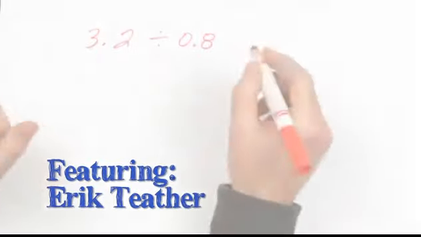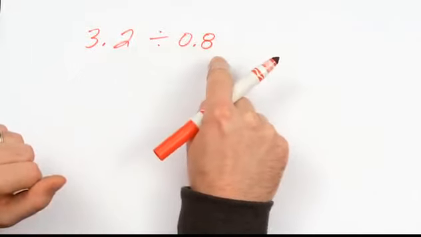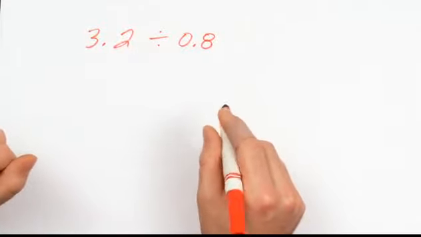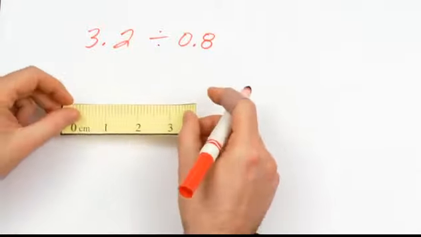Let's look at a few different ways to divide decimals. Here we have 3 2/10 divided by 8/10. Think about the value of each of those numbers and what they mean. Try and put a context to them. I think about that with a ruler,